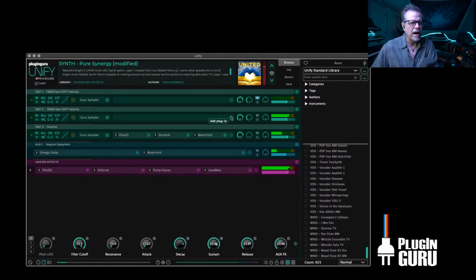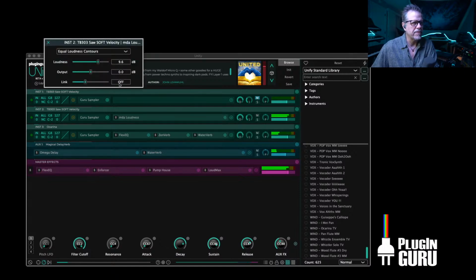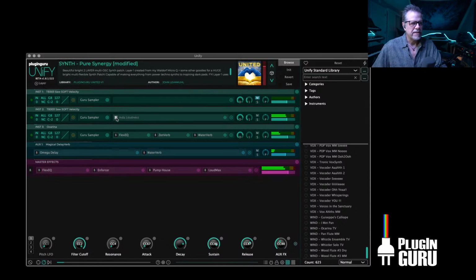But I want even more low end. So instead of adding EQ, I'm going to use Loudness. Which does this really, really cool thing. I believe it makes the low end below a certain frequency mono and boosts it. I don't know exactly what it's doing, but it takes something from this to this, just adds this extra girth to it. So now when I put that with my other one,